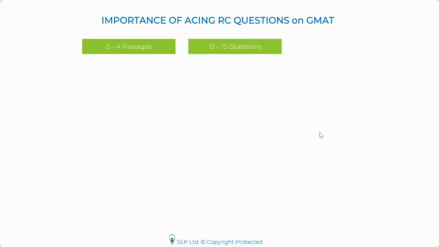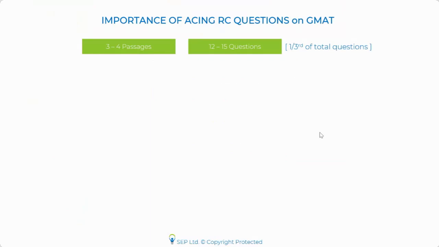Now, when you talk about RCs on GMAT, we all know that the GMAT exam works on a certain algorithm, okay? And how the algorithm works depends on how you perform in the exam. We know that RCs form a very big chunk of the overall total number of questions, okay? You would get about 3 to 4 passages, even 5 if you're unlucky, actually. And anything between 12 to 15 questions, which is slightly over a third of the total questions on your